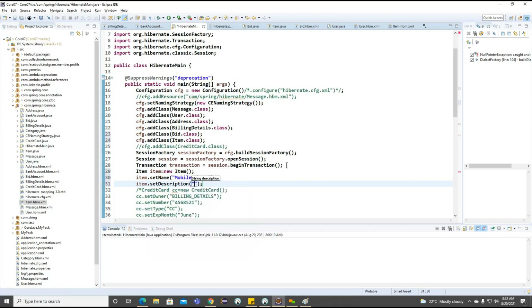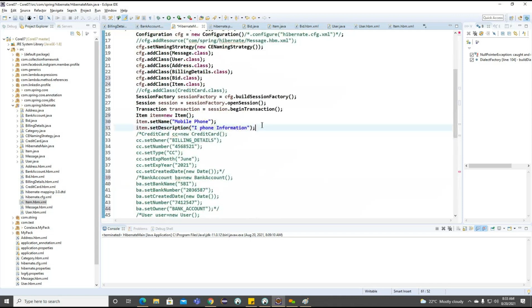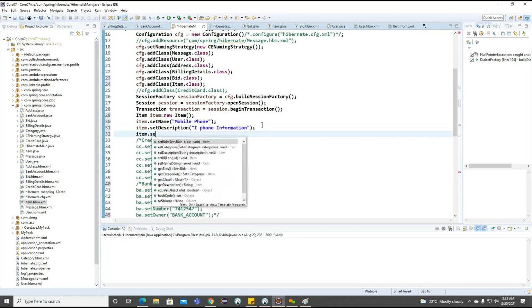And description here. The name of this particular item, what is the description we can provide? It will connect it to something called iPhone. Some information I want to add. Okay, now you can see item we define.